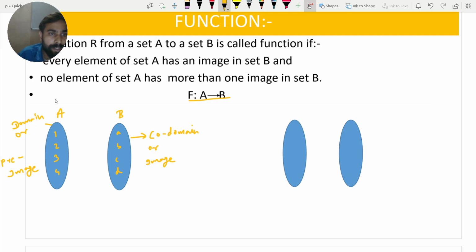From the definition, each element of set A has an image in set B, but the image should be unique. Like this element of set A has a unique image in set B. This element of set A has a unique image in set B, like this and this.